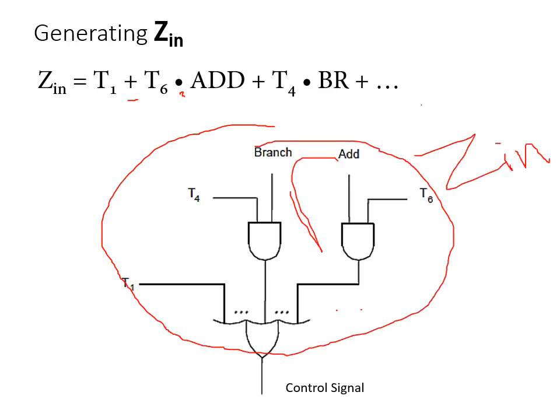Okay, so I can roughly tell you that this is the hardwired control for ZIN, and this entire circuit will be inside the processor. And here there will be the ZIN circuit which executes ZIN physically. So that signal, 1 or 0, is transferred at every clock cycle. And the signal will be 1 if, at that particular clock cycle, for the instruction which is under execution, ZIN must work.